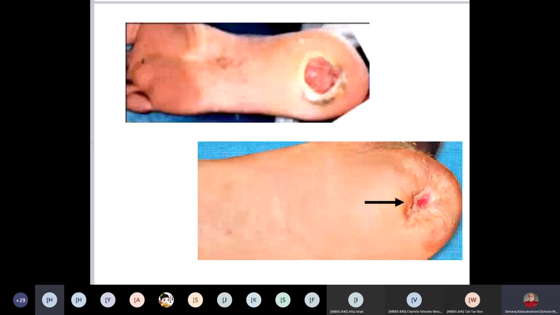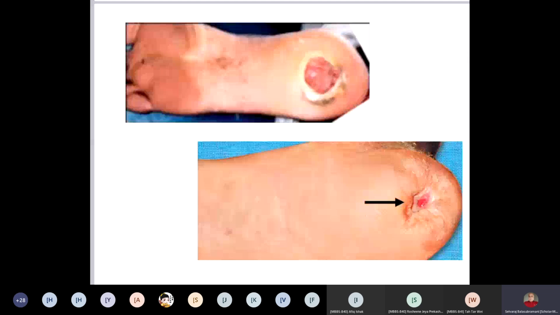Why are these diabetic patients developing this ulcer? What is the root cause? What will happen to the leg? Can you tell me? Loss of sensation. Very good. That is the first thing. Diabetic patients will have what is called peripheral neuropathy. Over the glove and stocking area, there will be paresthesia. You won't feel the pain. Even if there is any pinprick, you cannot feel it. That is number 1 cause.